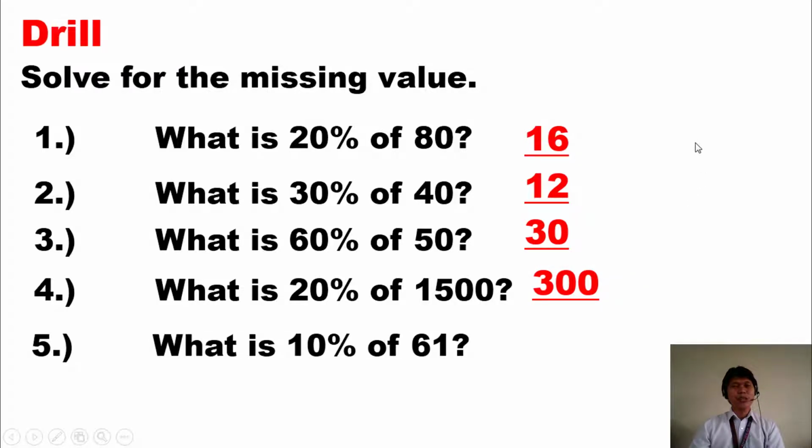And what is 10% of 61? Okay, the correct answer is 6.1. You just move the decimal place one place to the left of this whole number 61. So the answer is 6.1. Did you get the correct answers? Okay, so let's